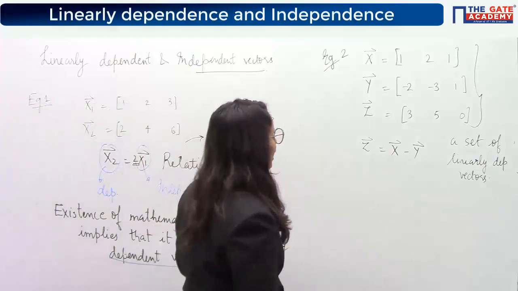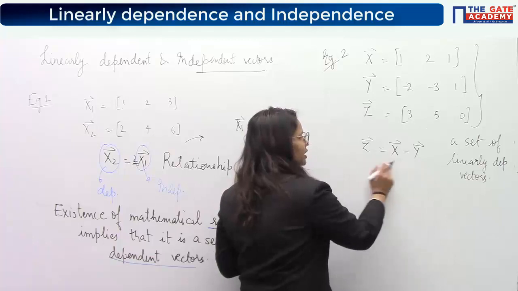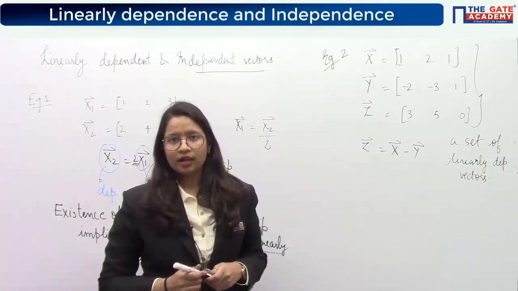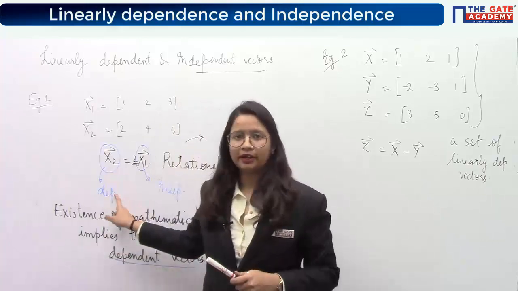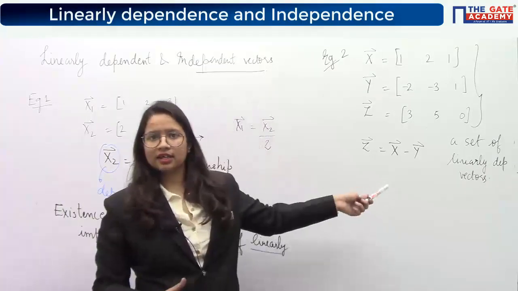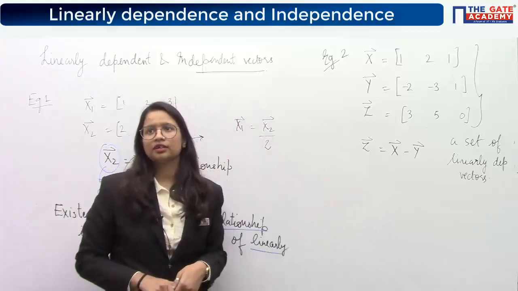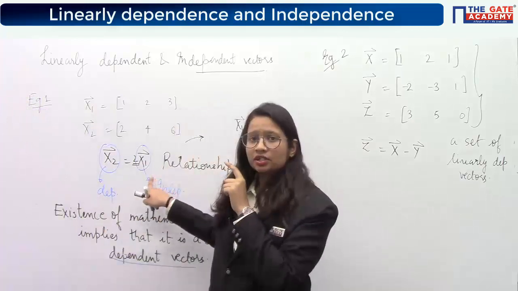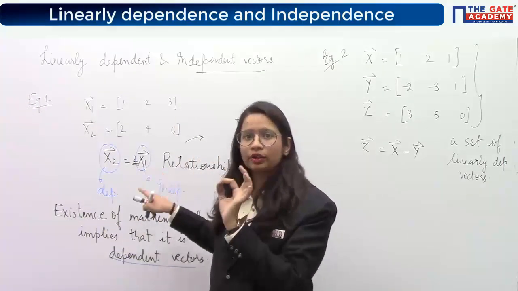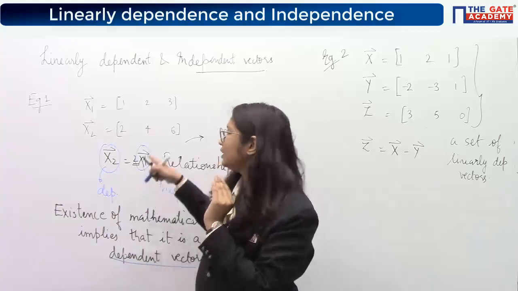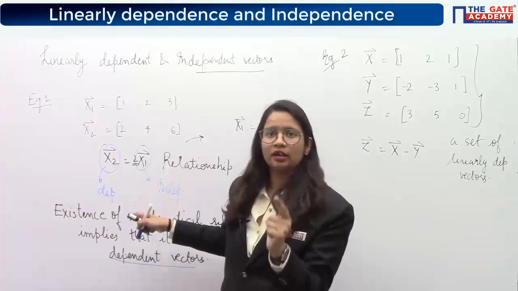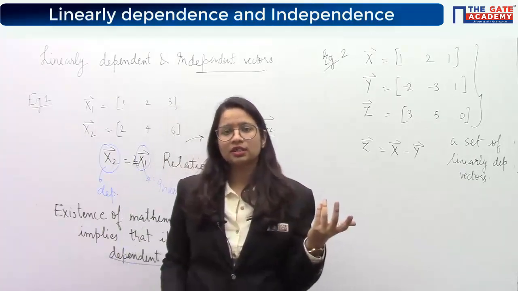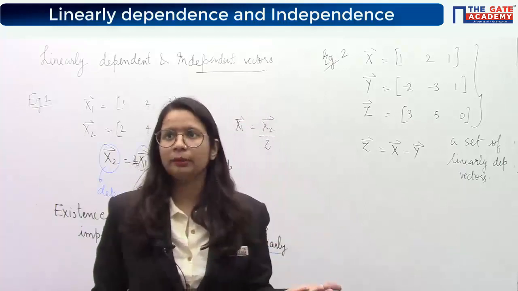Okay. Now, again the same thing. How many of these 3 vectors are actually dependent vectors? Like in the earlier case, we saw that x2 was dependent. Now in this case, can you tell me how many vectors are dependent among these 3? If you write this kind of relationship, still only one is said to be dependent, and the others will be independent. This set as a whole is said to be dependent, but among those vectors, one will be dependent and the others independent.